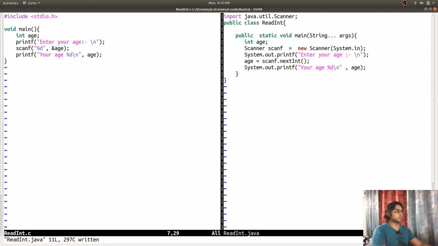So with this, this live coding session is over, and I will be making more videos on this topic, side by side. I will be coding in Java and C, both languages at the same time, and you will be able to see in what ways Java and C are similar and in what ways Java and C are different.